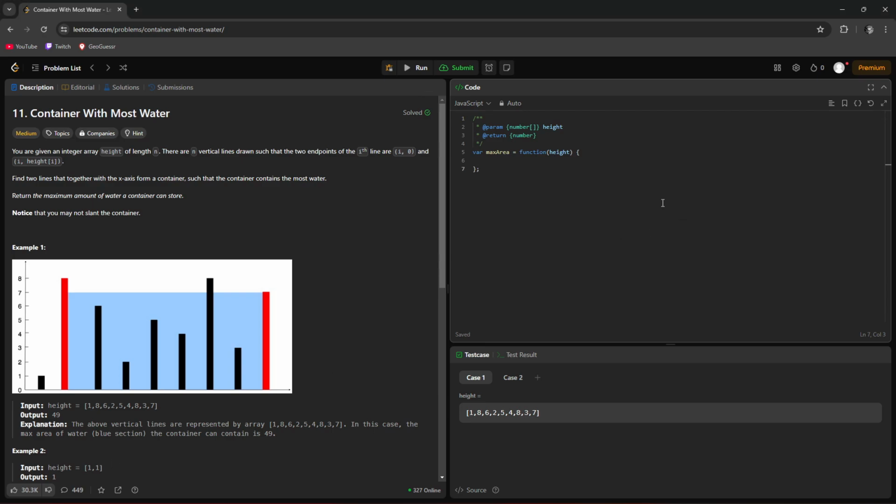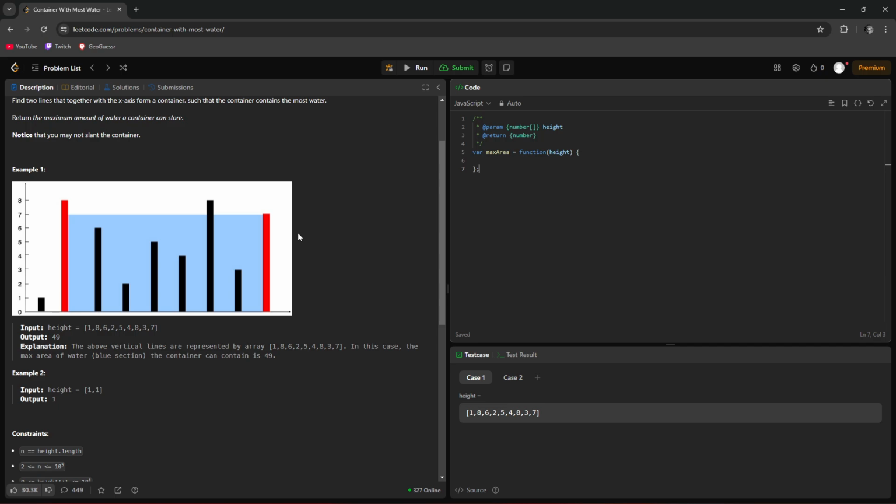We code 11. Container with most water. You are given an integer array height of length n. There are n vertical lines drawn such that the two endpoints of the ith line are (i, 0) and (i, height[i]). Find two lines that together with the x-axis form a container such that the container contains the most water. Return the maximum amount of water a container can store. You may not slant the container, so